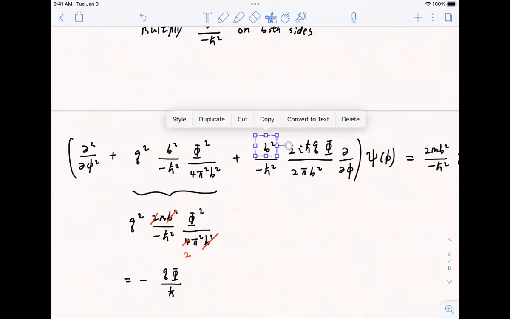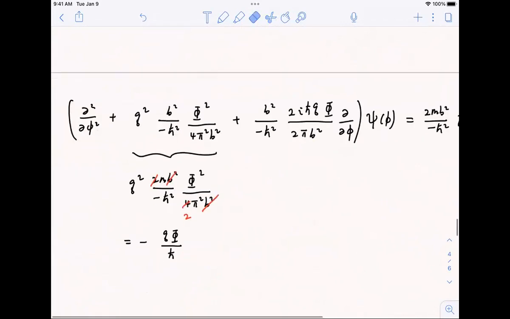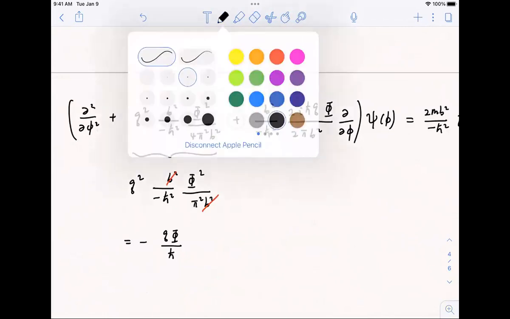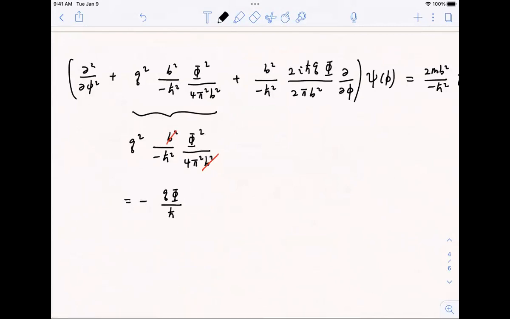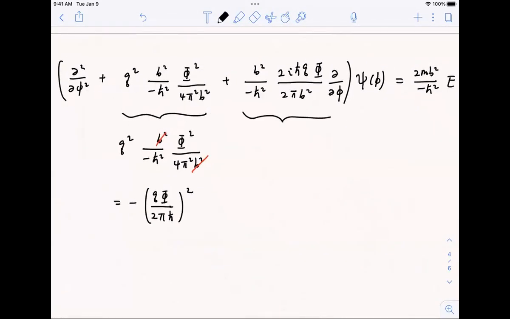Okay, no 2 mass. The 4 is still there. Okay, so this will be 2 pi h bar squared. Okay, and then this one,